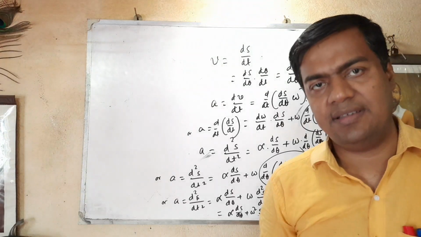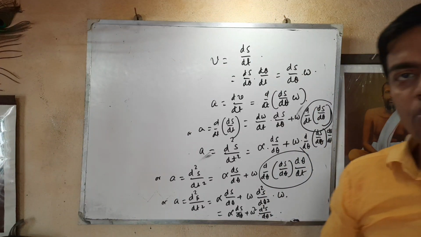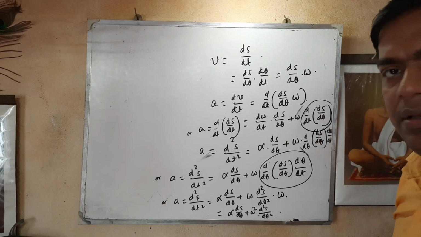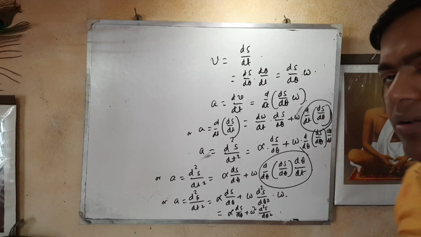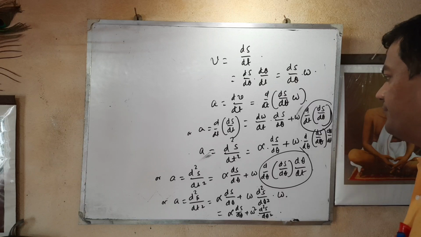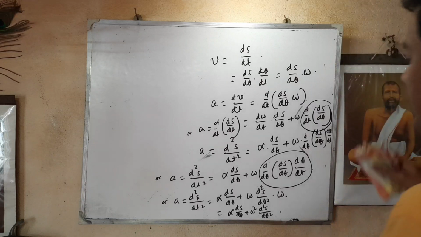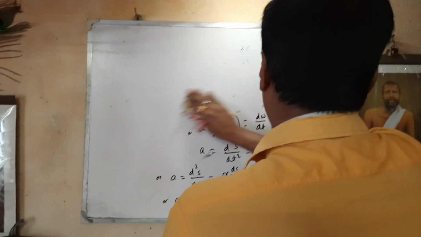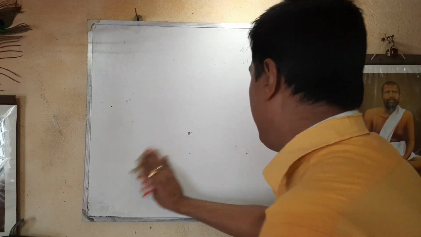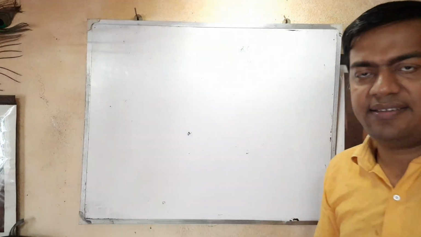So there may be several types of applications of second order differentiation while dealing with the elementary equations in physics, basically related with the motion of a particle. It may be motion along a straight line, or it may be a rotating body, or it may be some other types of motions in 2D or in 3D.